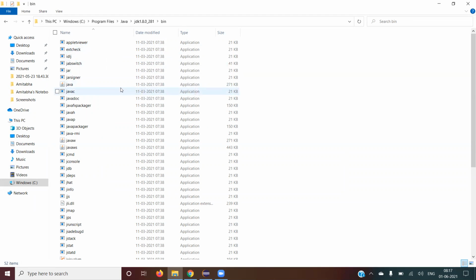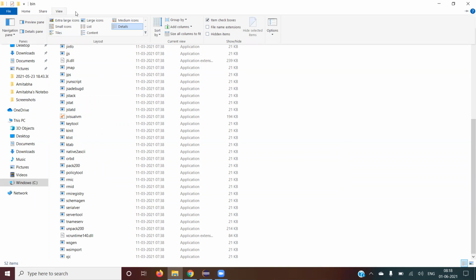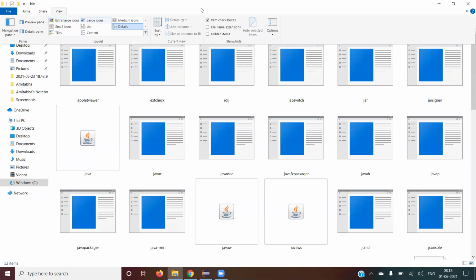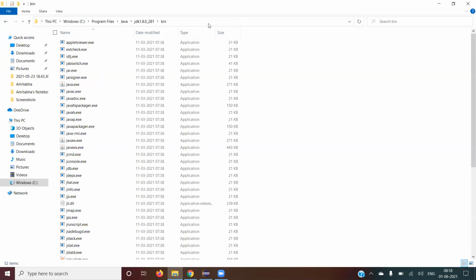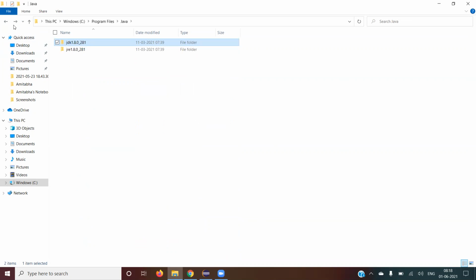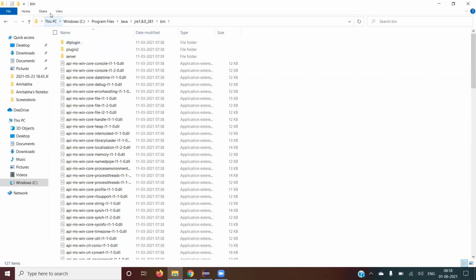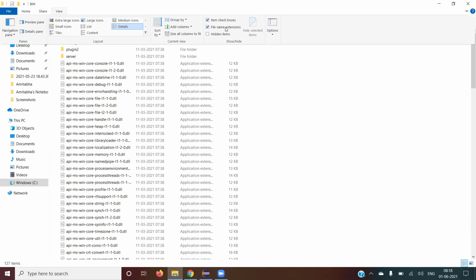Go to the view and click the file name extensions checkbox. Go back to Java, open the JRE, then bin.